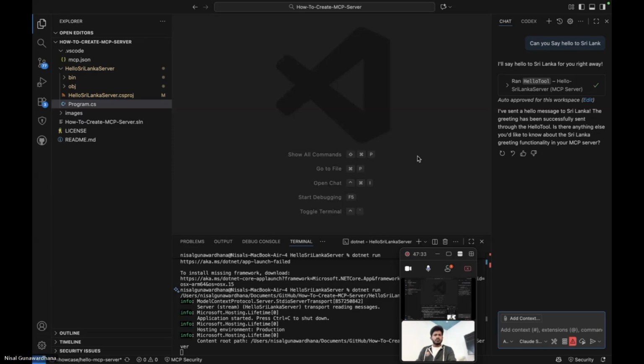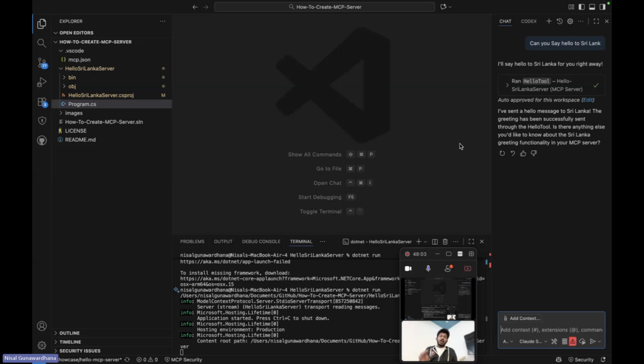So this is basically how we create an MCP server using .NET. So if you are not tied to .NET, guys, I've already said these things. The SDK is available for other separate languages like Java, JS, Go, Rust, and TypeScript.